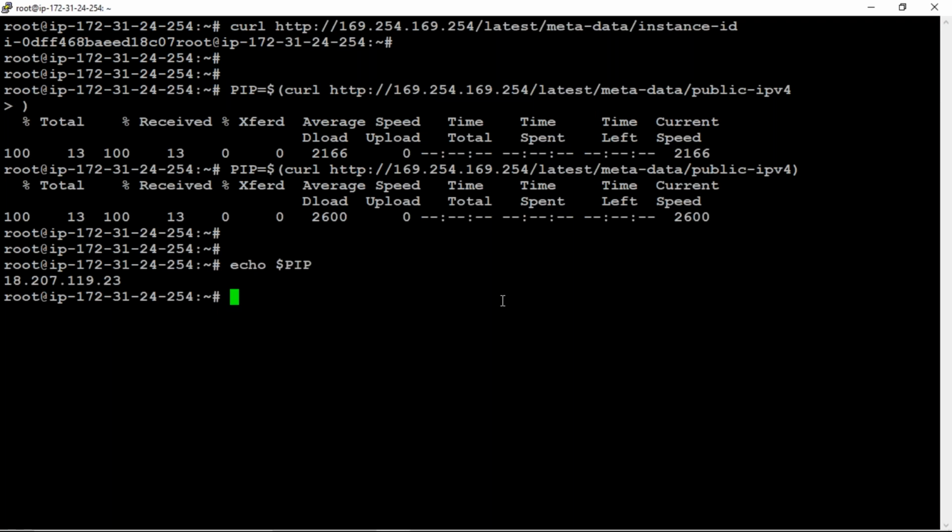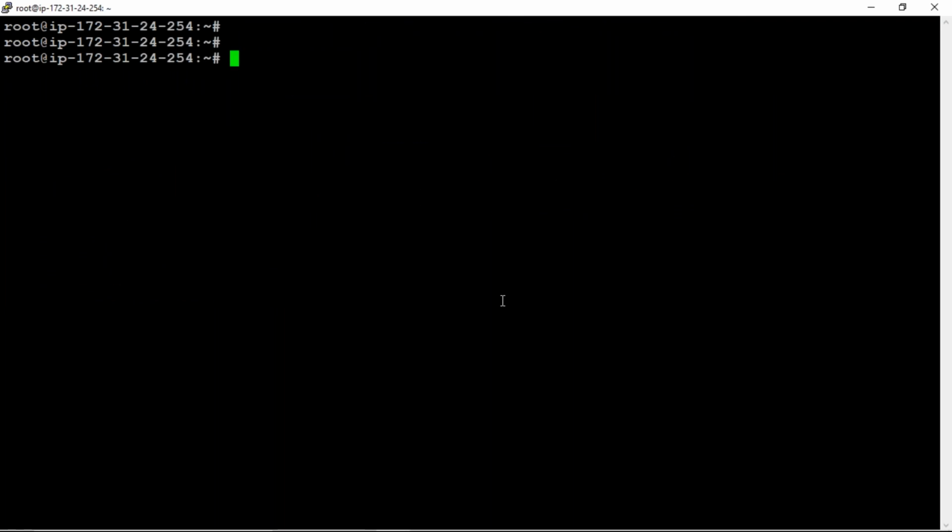Fine. So now we will move forward, a little deeper into shell scripting. Now I want to create a shell script file. How to create a shell script file? Let me clear the screen first. Clear. Now I want to create one sample shell script file. How to create sample files?